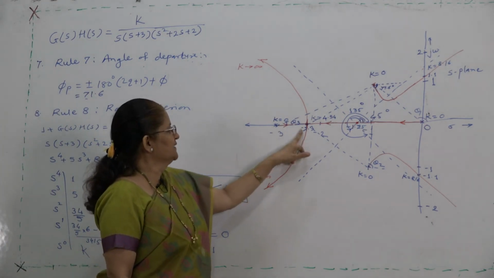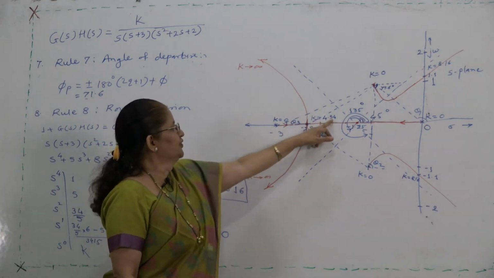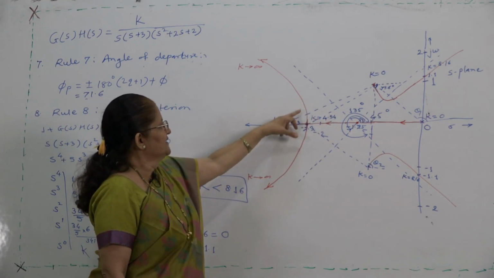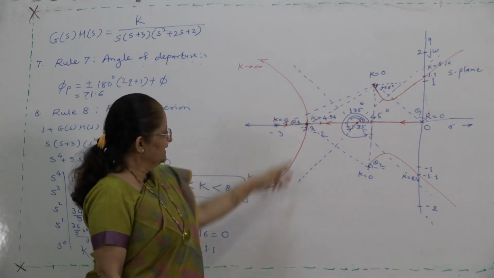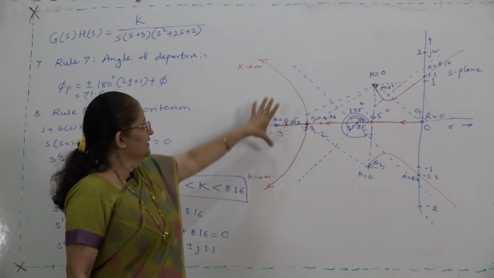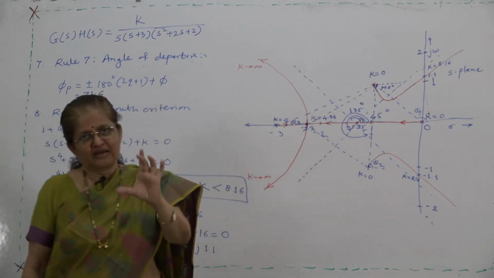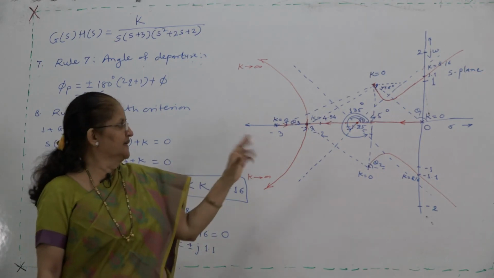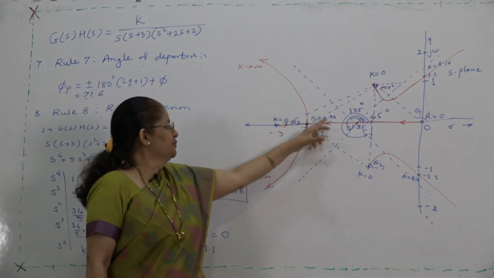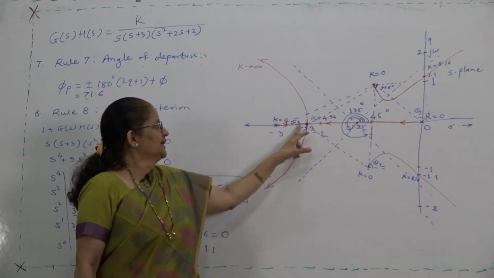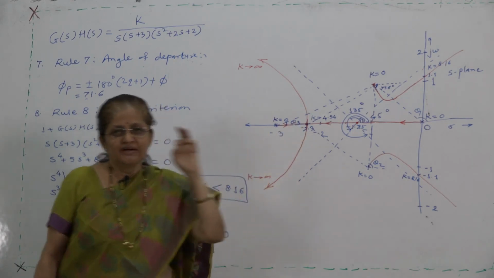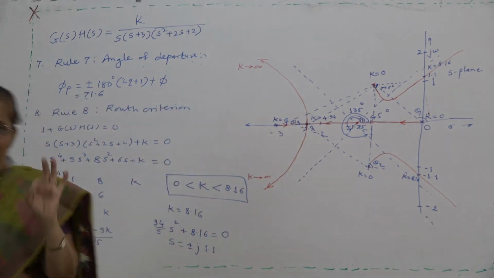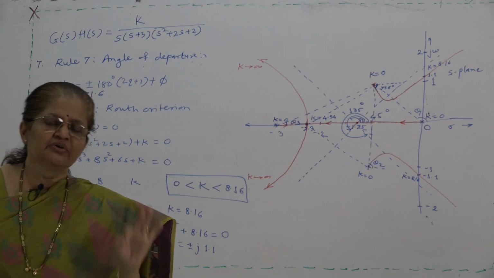Now, suppose the root locus is available for us. What is the use of this? What are the applications? Why are we taking so much pain to draw the root locus? First thing is, as k varies from 0 to infinity, we will get all the locations of the roots, how they are varying. So, the first thing is determination of roots for a specified open loop gain.